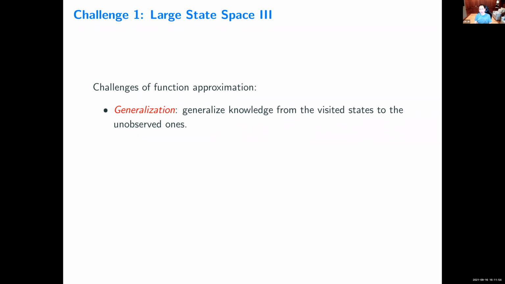And there are a couple of challenges of function approximation in theory. First, in theory, we need to say something like, by doing this, we're able to do the generalization. That is because most states are not visited even once. So we only visited a very small amount of states. We want to say the knowledge is learned so that our model is able to generalize knowledge from visited states